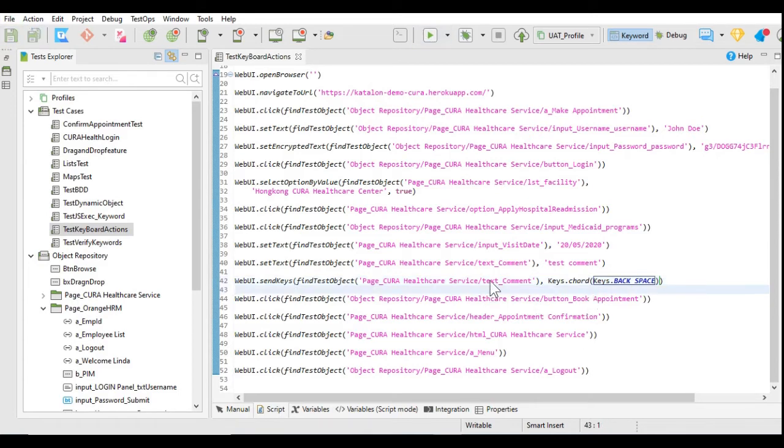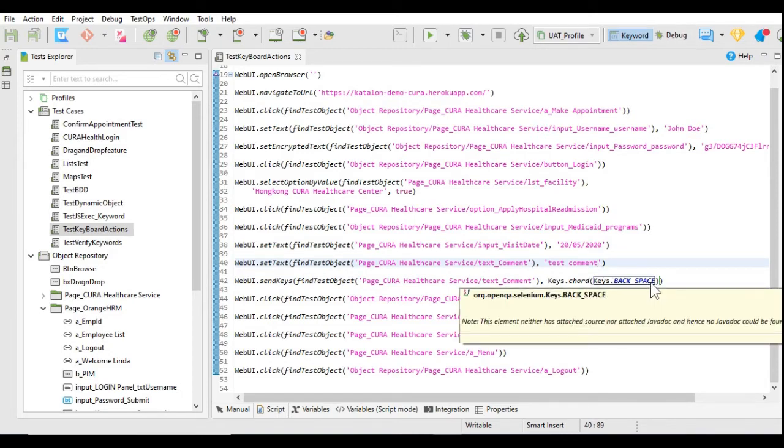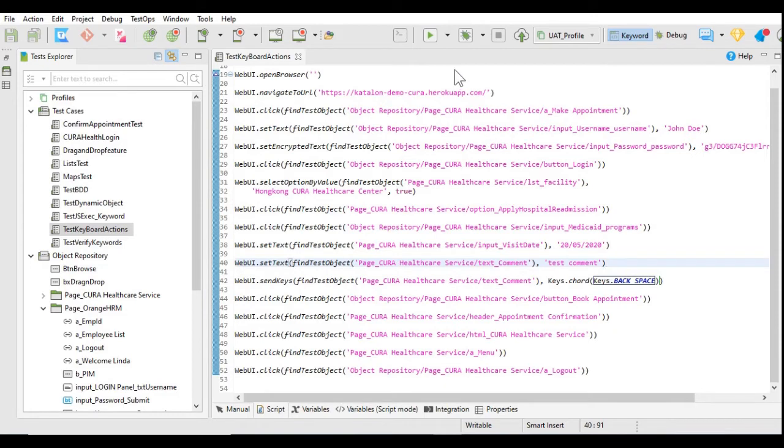What this action will do is enter test comment in the comment box with the previous step, and this step will remove one character from this test comment, because we are going to enter the backspace key. So let's check.